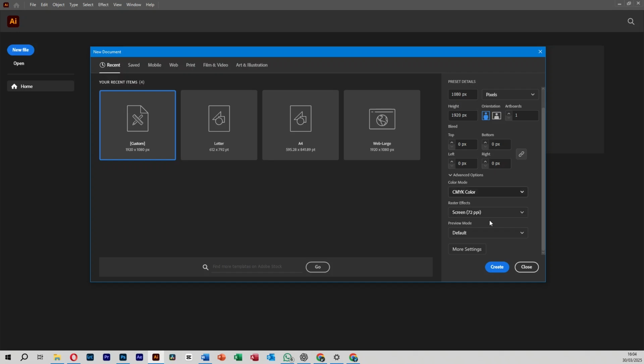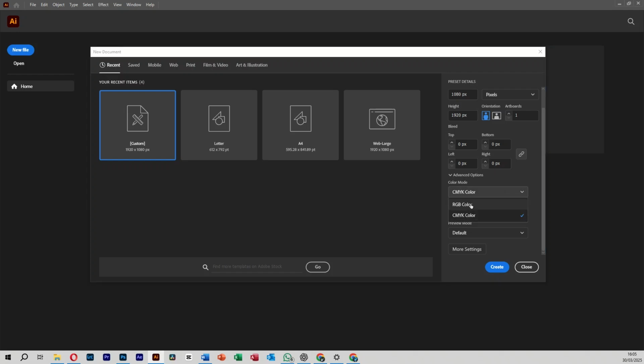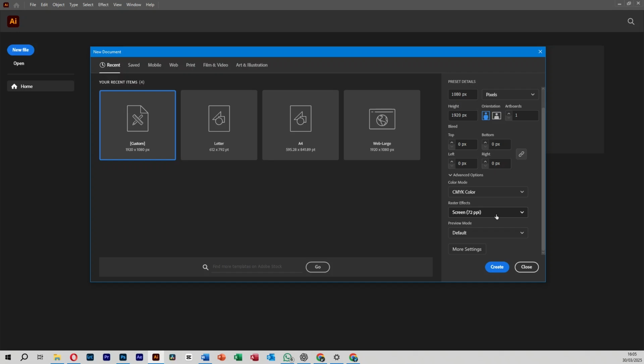Then we come down here. You need to know what you're designing for. Are you designing your artwork to be printed, or are you going to share it maybe on social media? That's how you determine what to use from here. Then we have